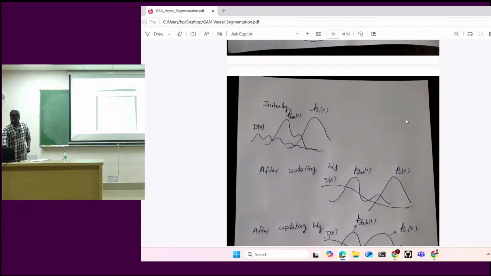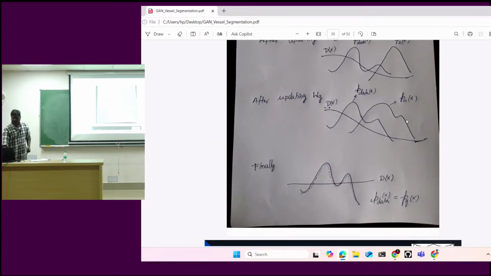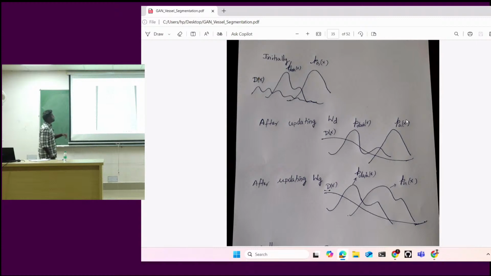GANs. So what would happen? This is what happens. Initially, your data distribution is this, right? And the distribution of the samples generated by the generator is this. So this is the distribution of the input samples, this is the distribution of the samples generated by the generator, and this is the d of x. After updating the discriminator parameters and the generator parameters, maybe it may be something like this, after some iterations,